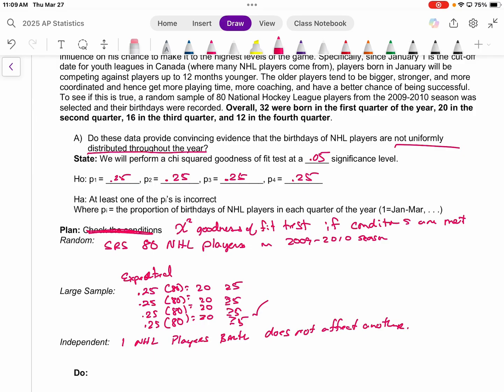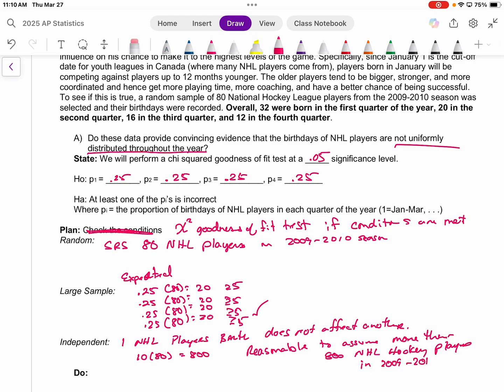Now, could you go ahead and say 10 times 80 is equal to 800? Reasonable to assume there are more than 800 NHL hockey players in the